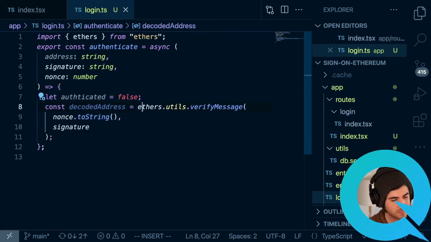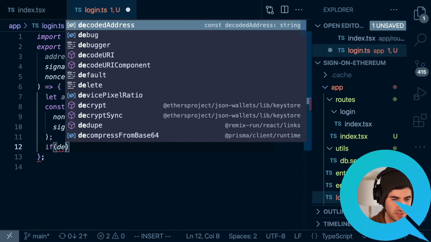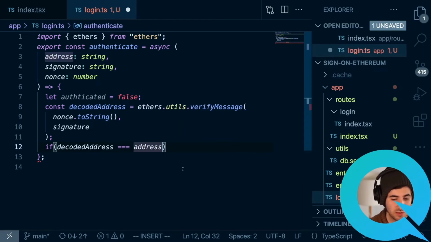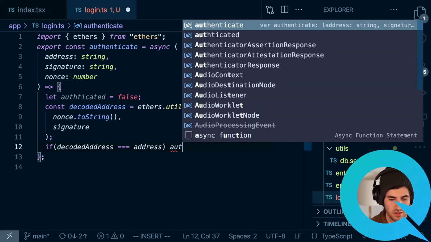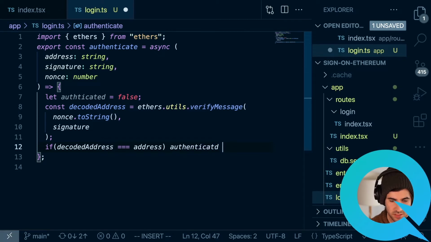And so we can know that if our decoded address is equal to the address that was passed along from the server, we can say authenticated is true.